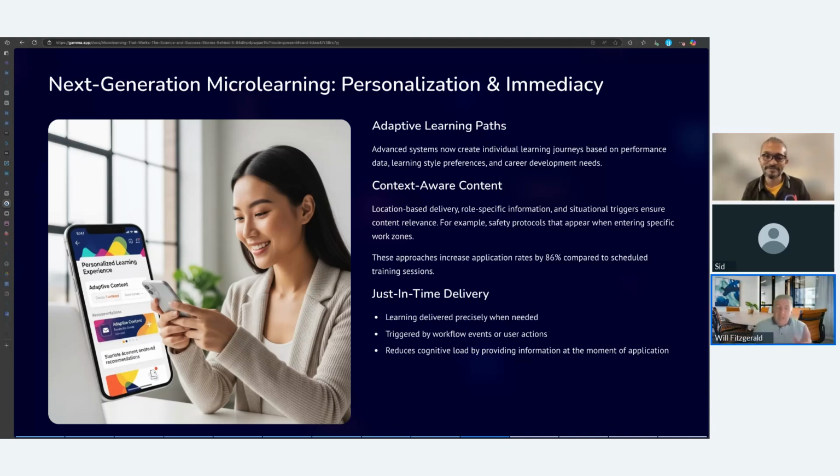I'm just thinking on that, Viṣak, as well as for our attendees on the call and anyone who watches the recording later: don't let it be an alarm bell when you're talking about personalized journeys, because the beauty of the tech that we have now is that it's a build. It's been well-designed learning, but myself, Viṣak, Sid, any of us can go in and start that on the platform because it's been designed to cater for our individual needs. So we're not having to build it for Will and then build a different one for Viṣak. No, the platform does all of that.